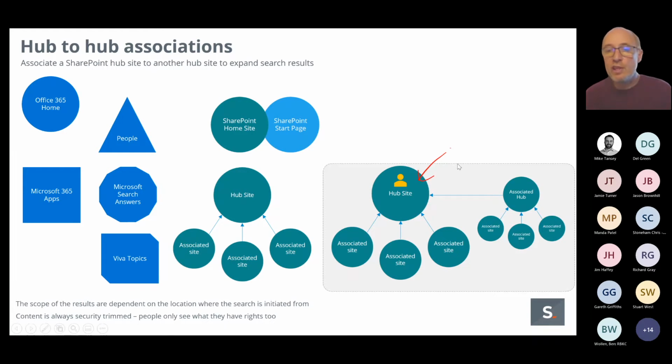Okay, so essentially, when I'm sitting on this site, the hub site, and I do a search, it will aggregate content together from all of the associated sites for the hub I'm on, plus the hub site that's associated and all the sites that are associated with that. Okay, now in practice, if I just go back to my environment,